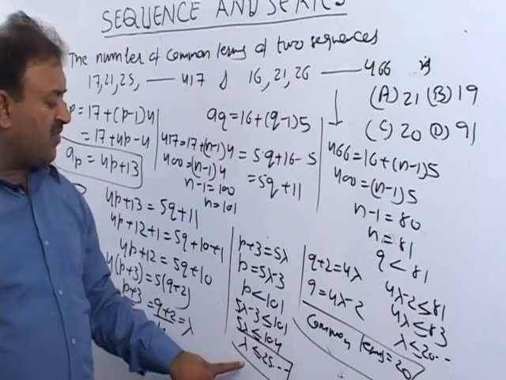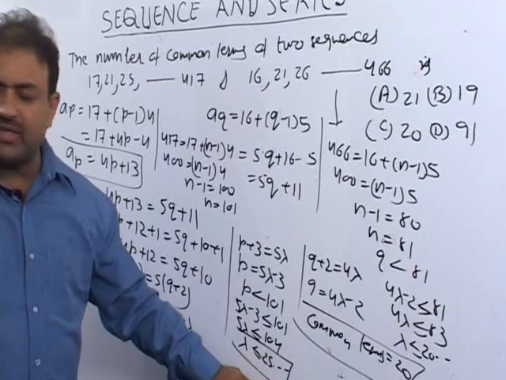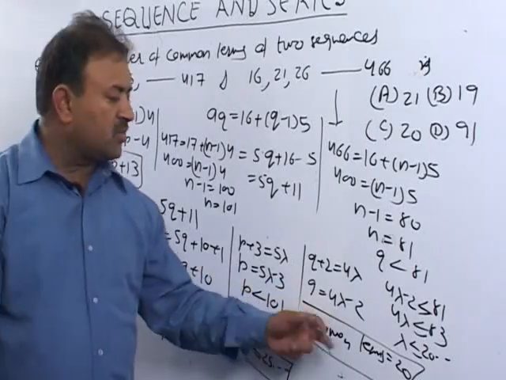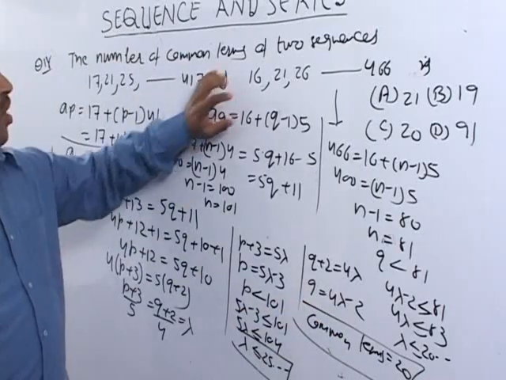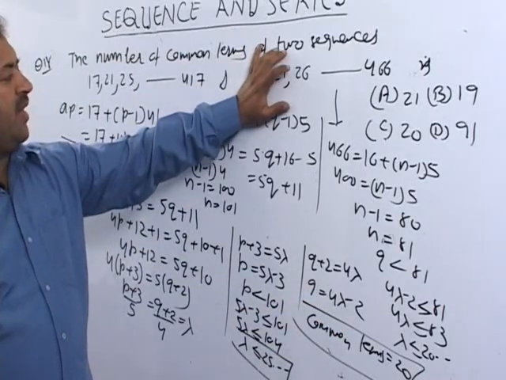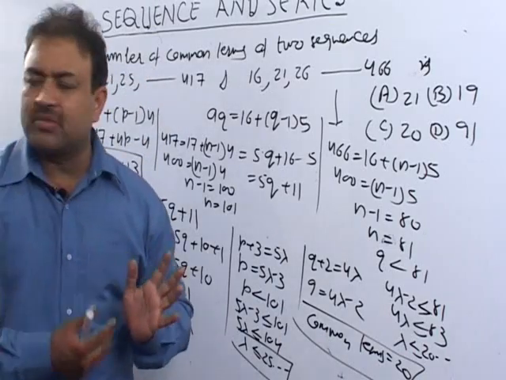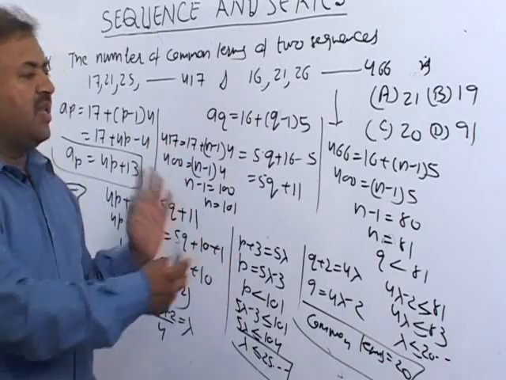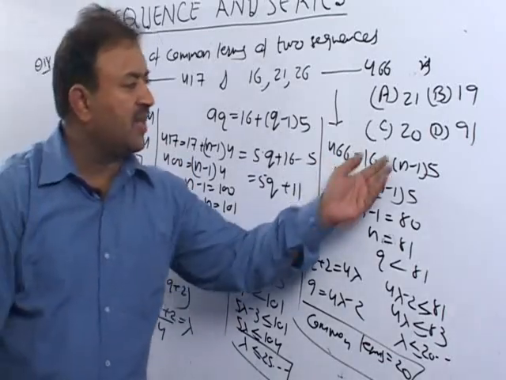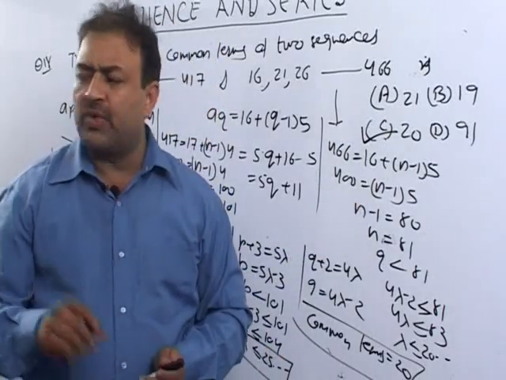5 lambda is less than 104, so lambda is less than or equal to what, 25 point something. Here it comes out to be 4 minus lambda, it is 83. So the common terms coming in this one are 20, and in this one 25. So the terms common to both, it comes out to be not 25, they are exactly 20 only. So the right answer is option C. One more problem of this very kind.